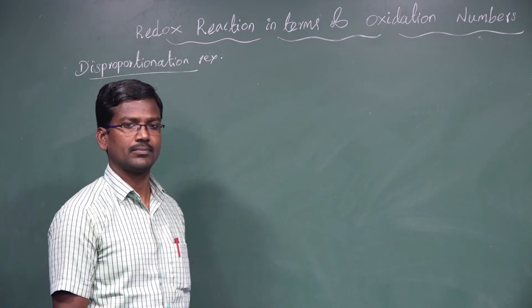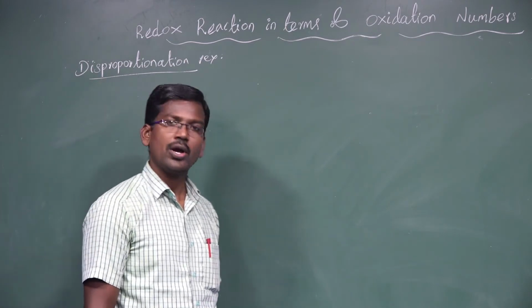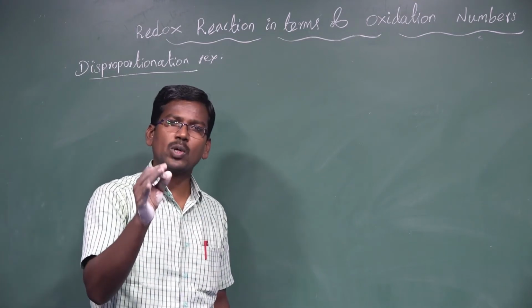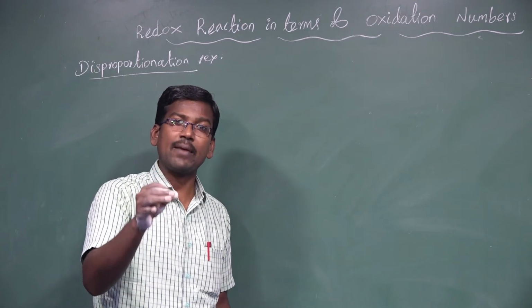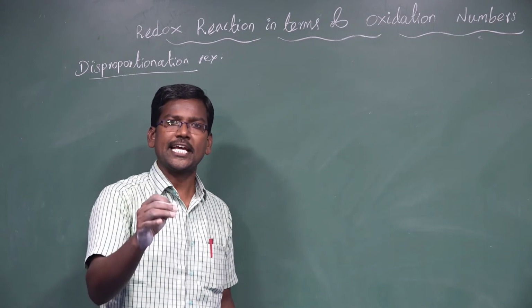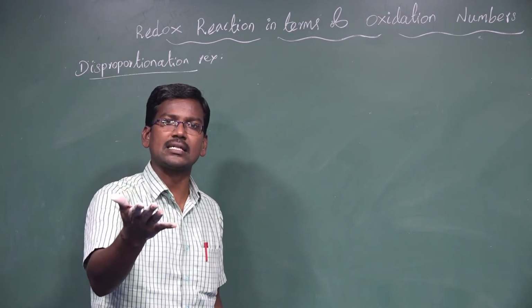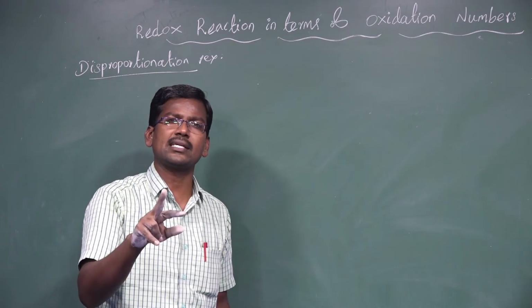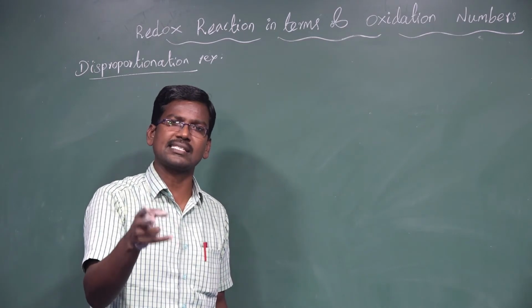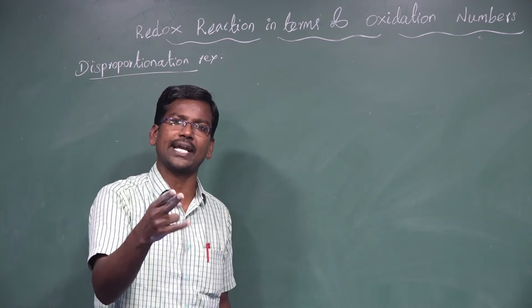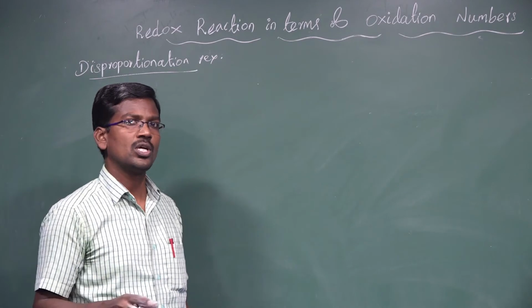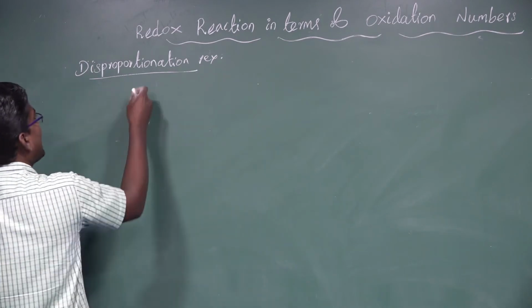disproportionation reactions. What is the meaning of a disproportionation reaction? The same compound which contains the same element exhibits an increase in oxidation number as well as a decrease in oxidation number. So both the oxidation as well as the reduction process take place in the same compound containing the same element, known as a disproportionation reaction. For example, hydrogen peroxide